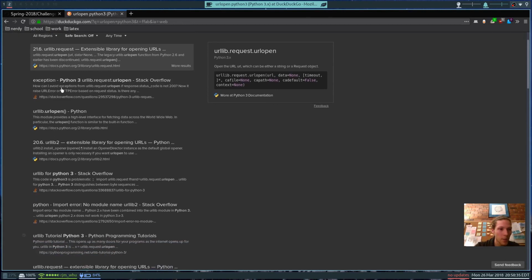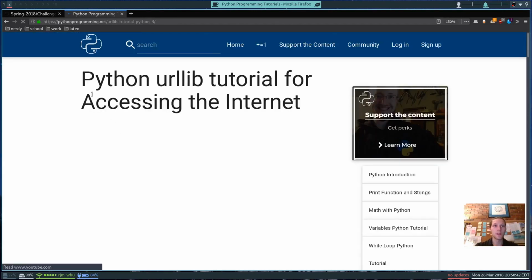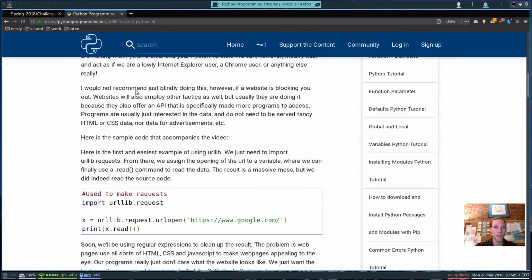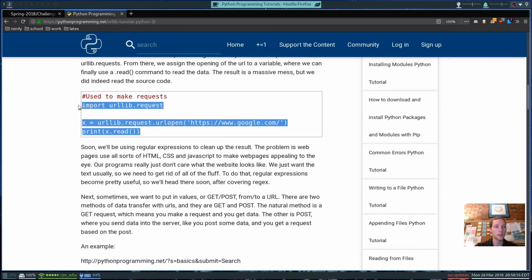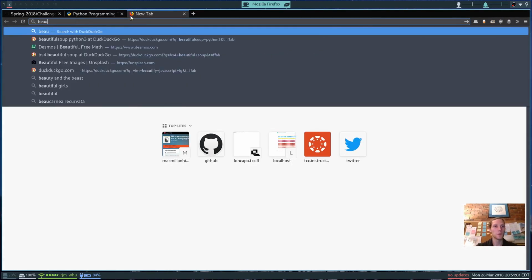I'm looking for a particular link that's going to be useful for us. It is this website called pythonprogramming.net/urllib-tutorial-python-3. And if we scroll down a little bit, it's going to show us how to use urllib.request.urlopen. I'll get into that in a second. And we're also going to need Beautiful Soup